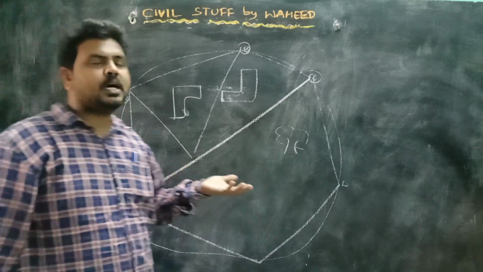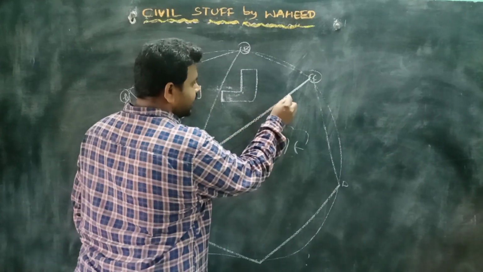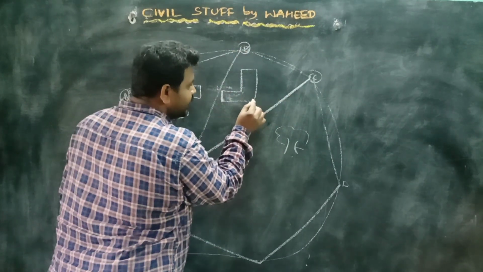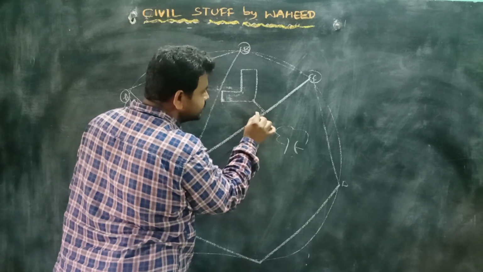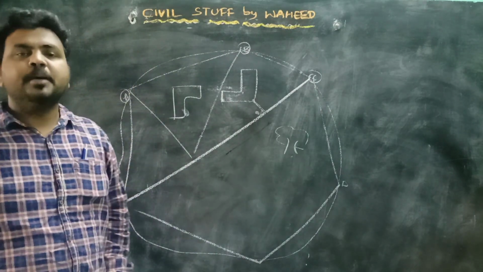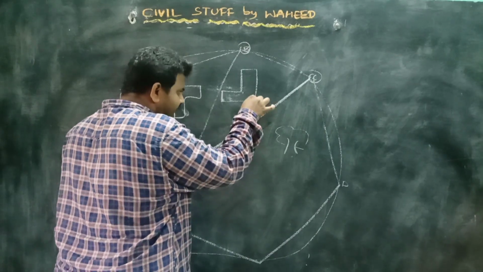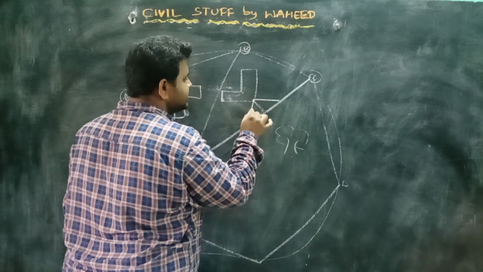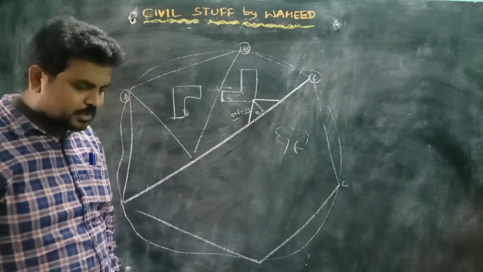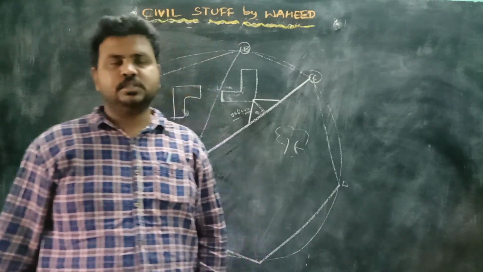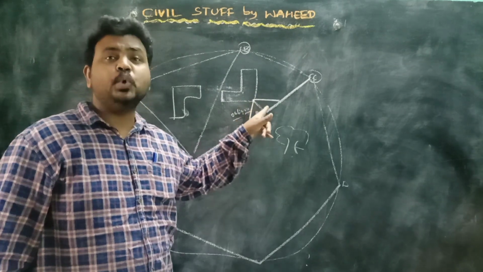Now we already discussed the perpendicular offset. What do you mean by perpendicular offset? To this baseline or to any survey line, if I am taking this point perpendicular, at 90 degrees, then that is nothing but a perpendicular offset. Or if I am taking this point with any two other points, these are nothing but obliques. So that type is called oblique offsets. In order to take perpendicularity, I am going to use the crosstalk.